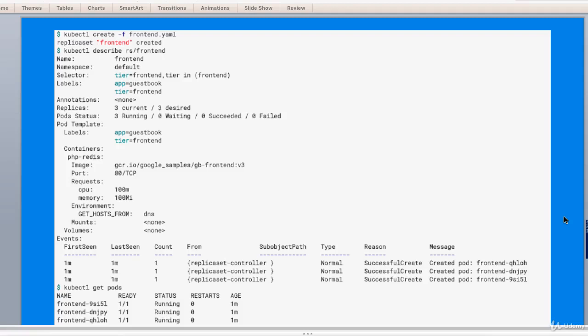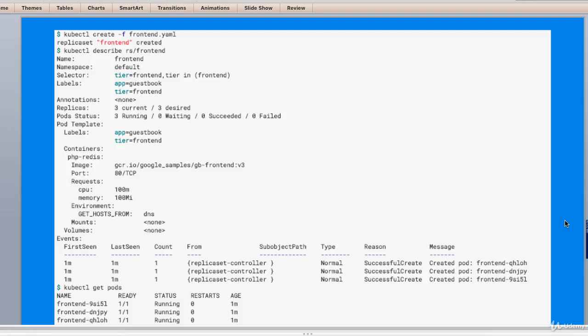Now let's talk about isolating pods from a replica set. Pods may be removed from a replica set's target set by changing their labels. This technique may be used to remove pods from service for debugging, data recovery, etc. Pods that are removed in this way will be replaced automatically, assuming that the number of replicas is not also changed.